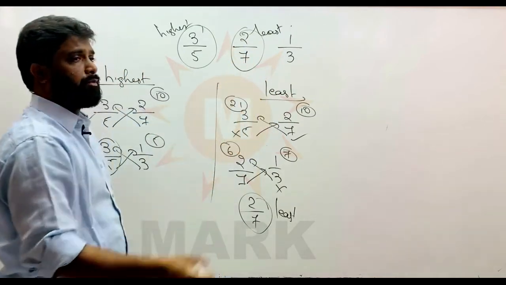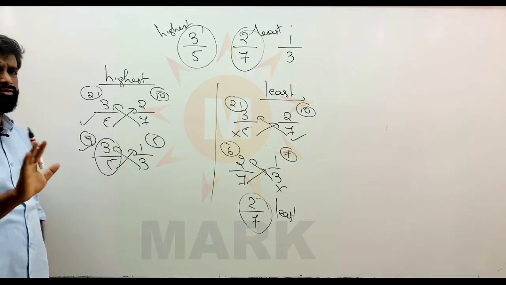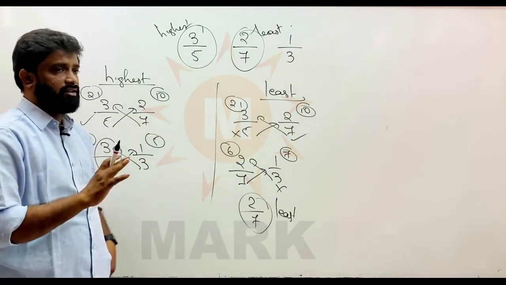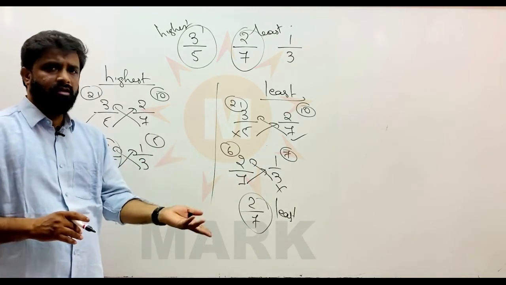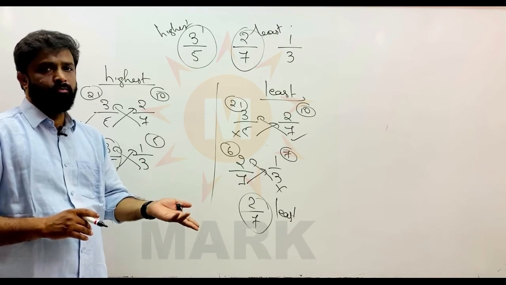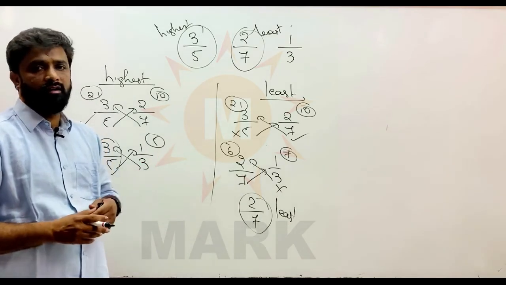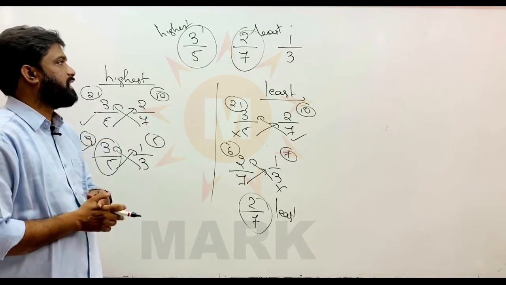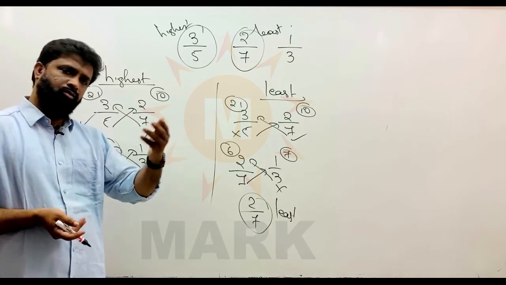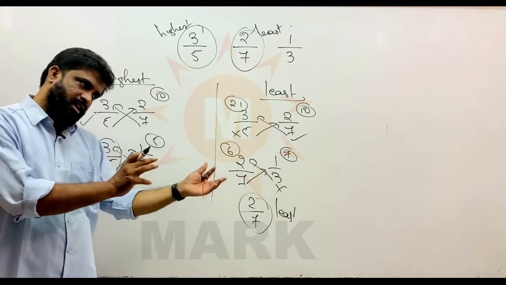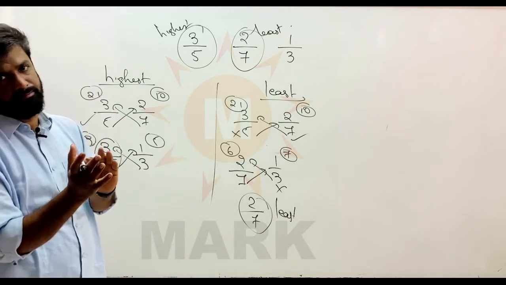So by using the up-cross method, within seconds, no need of using any calci, if they ask to compare the fractions, even if there are 4, 5 like that. Moreover, if they want to give it for 2 marks or questions of highest marks weightage, they can give improper fractions. Improper fractions, you know very well how to convert into mixed fractions, take the proper fractions out of it and then compare.